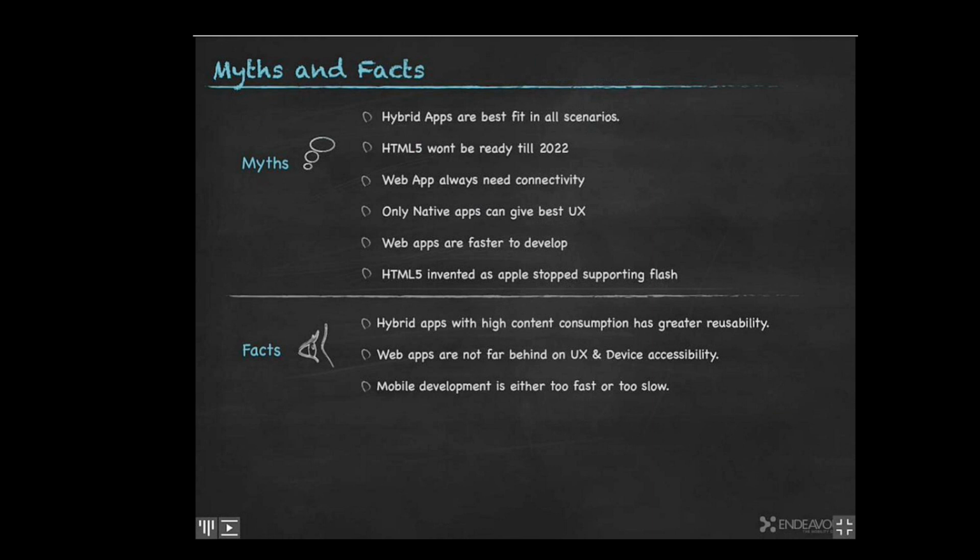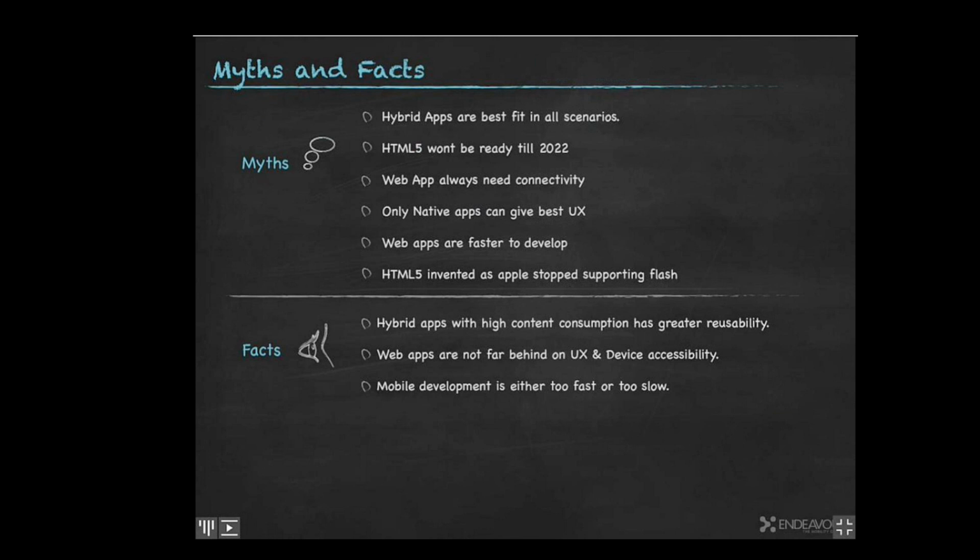Hybrid apps with high content consumption have greater usability. That's since the dynamic content can be designed to render on multiple devices in a more convincing manner, there's generally greater usability of the controls, content, and logic written. And you'll be using the common content delivery mechanisms, content itself, and workflows across platforms and devices or solutions. In other words, hybrid apps are pure shells that heavily depend on the content being delivered. That's really what you want to keep in mind.